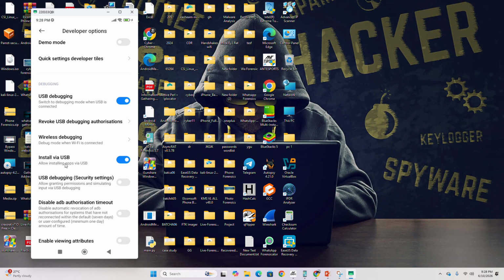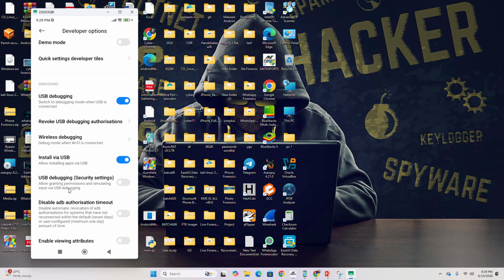Enable install via USB as well. After developer mode is enabled, you have to enable USB debugging. You can also enable install via USB, or you can choose wireless debugging, depending upon your setup.